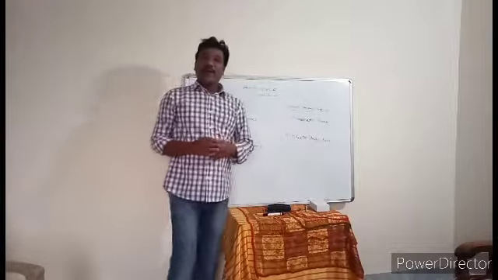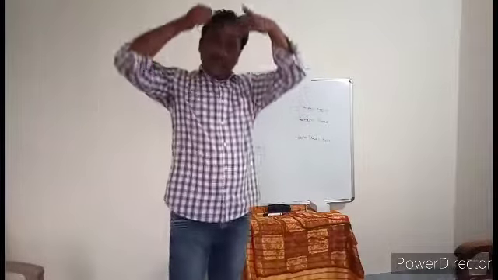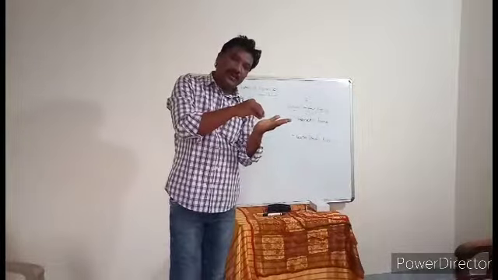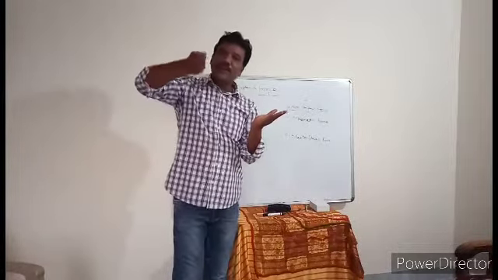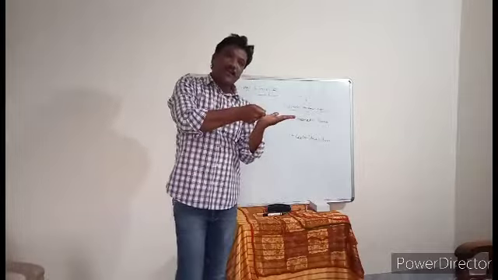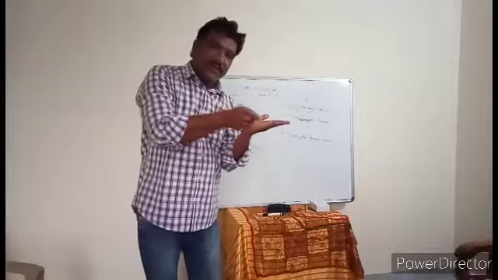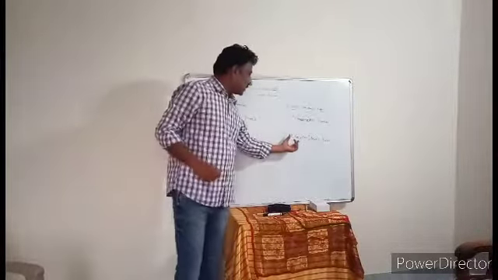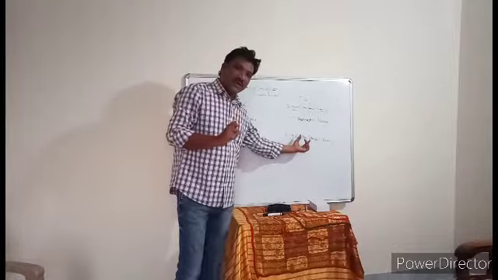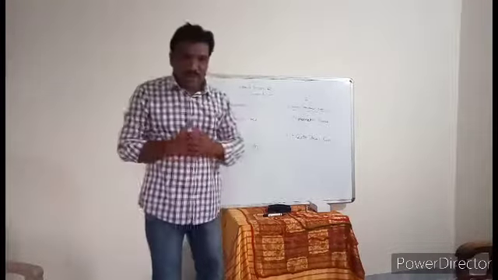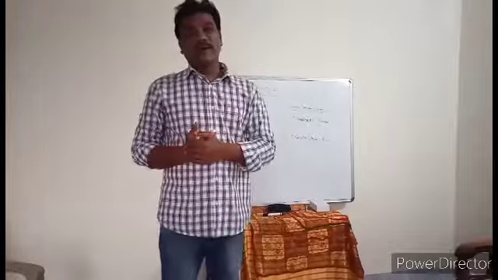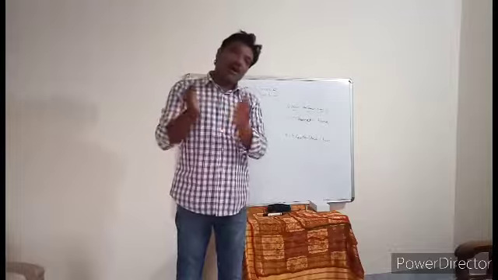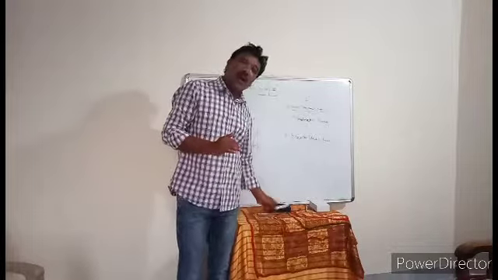Now let us see. Take a comb and rub your hair with the comb. Afterwards, take small pieces of paper and bring that comb near these paper pieces. Immediately the paper pieces will be attracted by the comb. This is an example. Now come to the point. How can we define this electrostatic force? If a force is exerted by a charged object on another object.